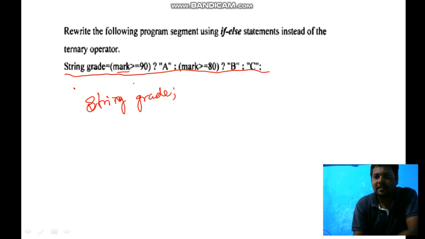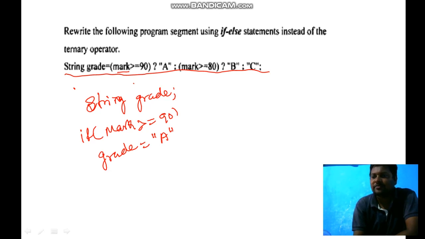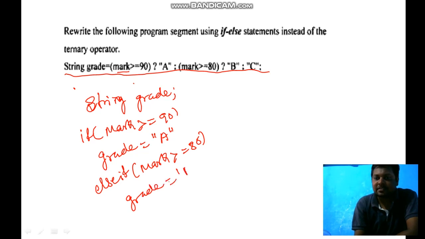After that you can write: if marks greater than or equal to 90, then you are assigning grade is equal to A. Else if, here we have another condition, because of that we are using else if: marks greater than or equal to 80, then grade is equal to B. Finally we have an else: grade equal to C.